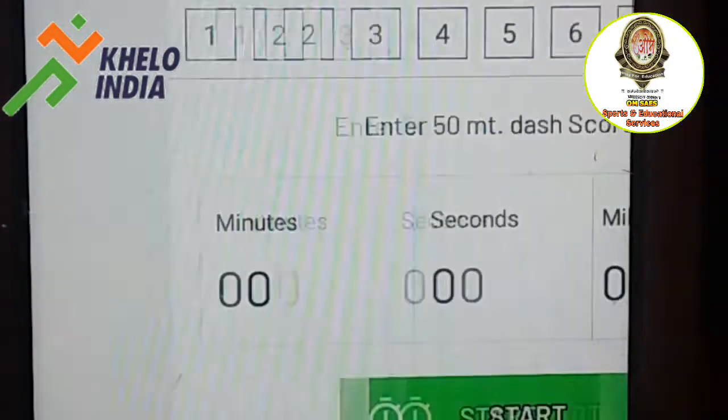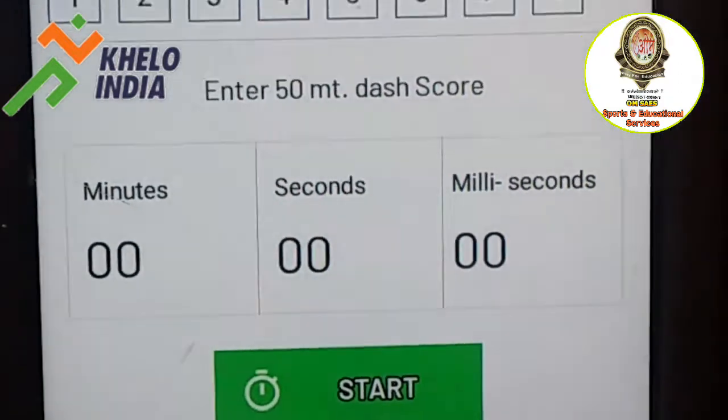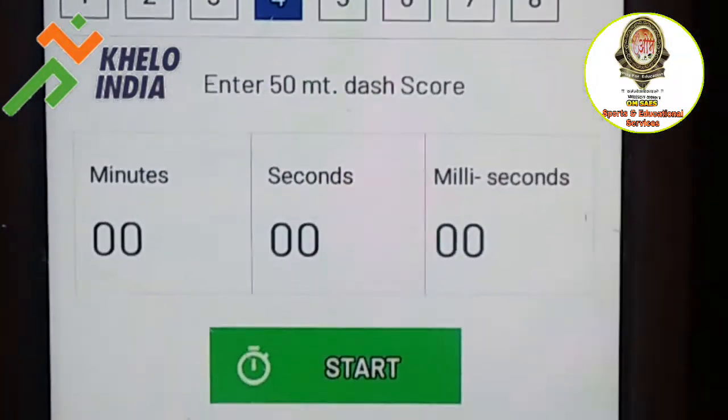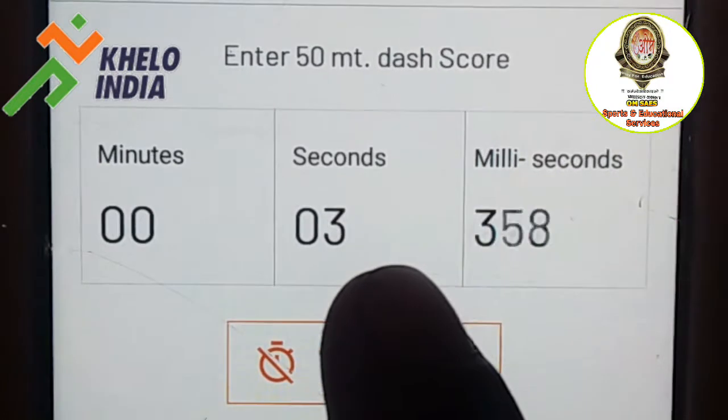speed. In the speed test, you select how many students will stand on the line, select the total lanes, and start the test with the start button.